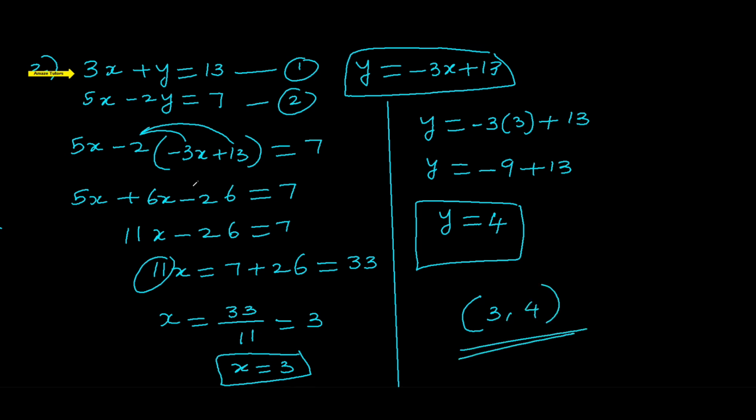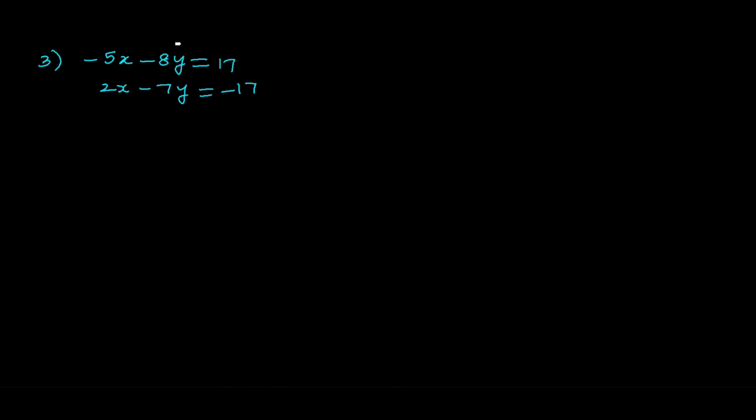I have already taught you the checking part. You can do it yourself if you want to recheck. So this is case 2, in which the variable is not separate, is not the subject itself. I would like to show you one more example in which there is no variable separately on one side, and also none of the coefficients is 1 here. So I'll show you how to do this type of question.